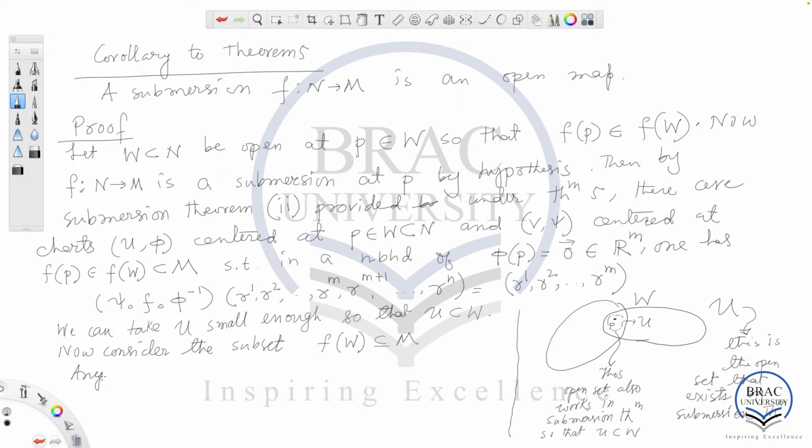Any point in f of W is of the form f of P with P in W, right? But from the previous argument, it follows that